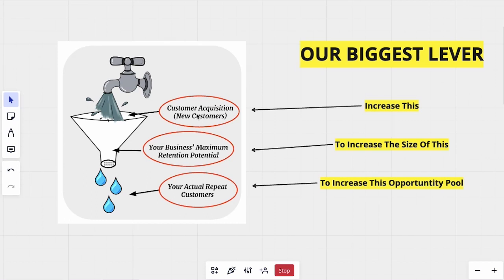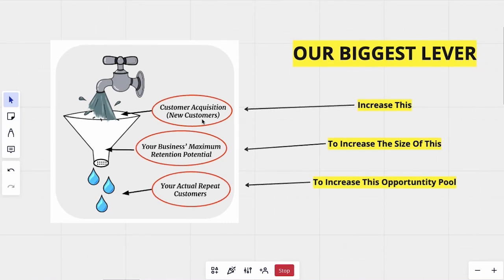Right? And that happens in the welcome flow. And we have data and statistics to prove that this is the biggest lever, and where most of this happens is within the welcome flow. So new customers, after they sign up, if we can increase this, we then increase the size of this, your